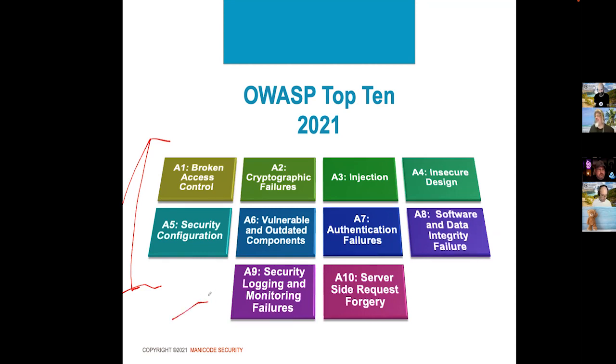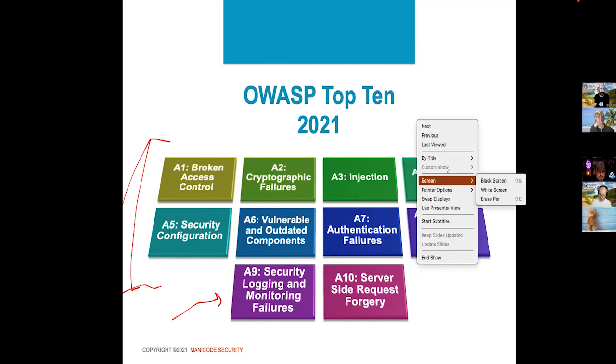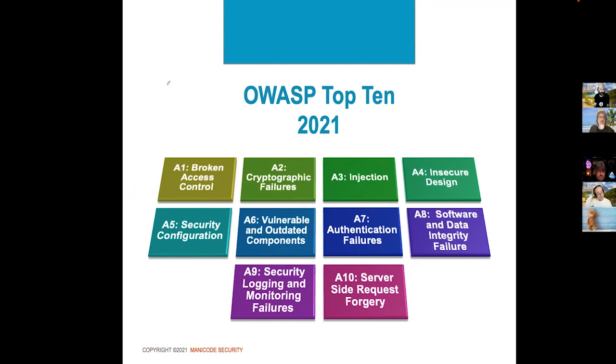Now, the last 2 are just from the community vote, because data has its limits. We're not going to see everything just by looking at data analysis. We're going to miss things like server-side request forgery. The community outstandingly voted that as a high number. Scanners aren't that good at finding request forgery the last couple of years. It's a relatively new category.